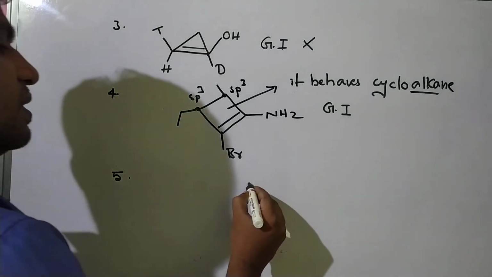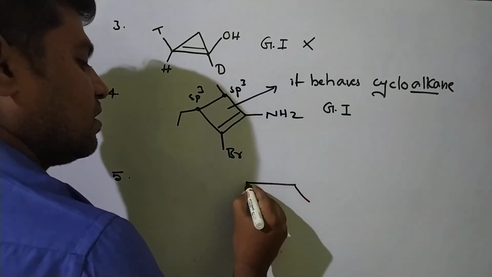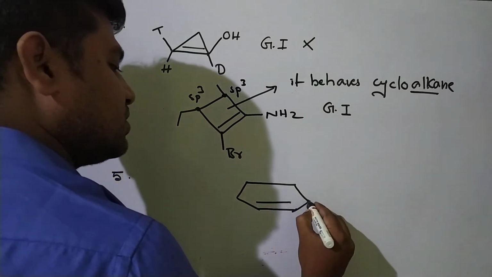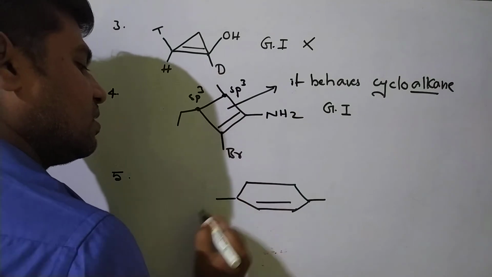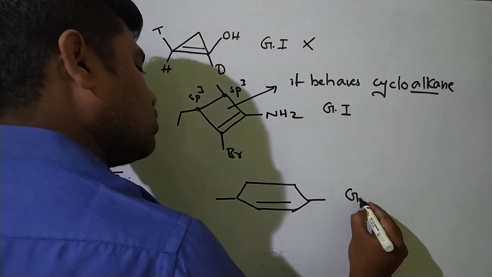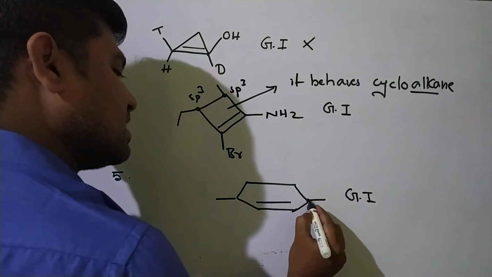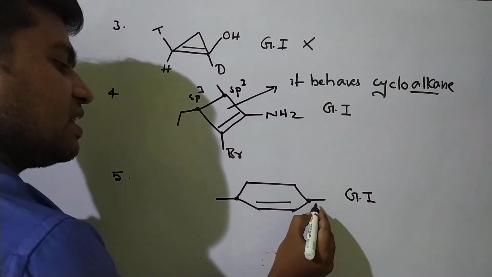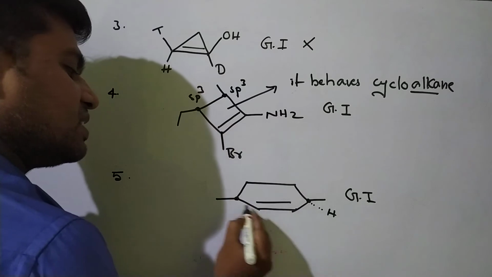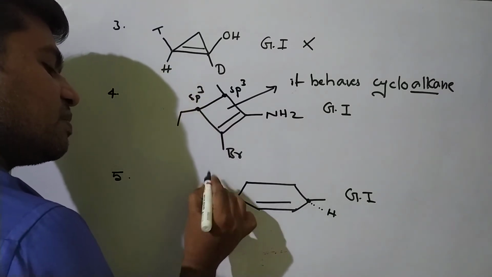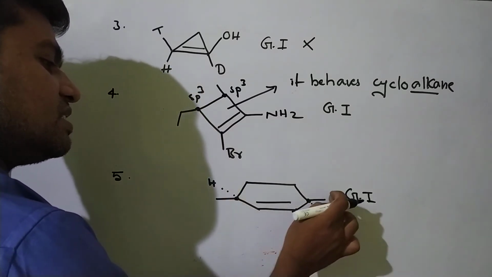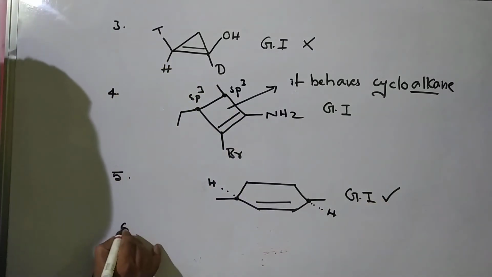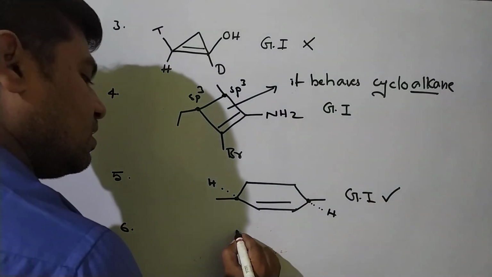And some other example. See, students, here methyl, here methyl. So it will also exhibit geometrical isomerism, since this is sp3, this is sp3. Here some hydrogen is there, here also hydrogen is there, and the same on the other side. A not equal to B, C not equal to D. Definitely it will give geometrical isomerism.